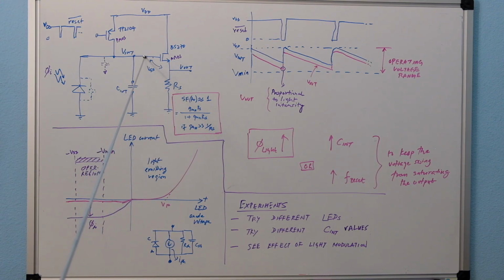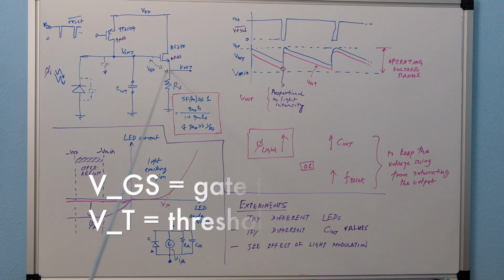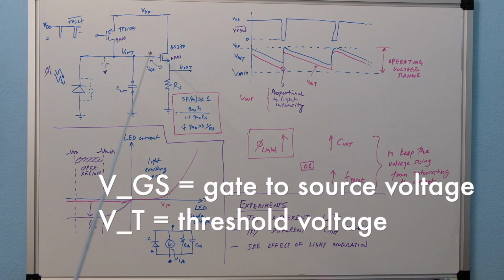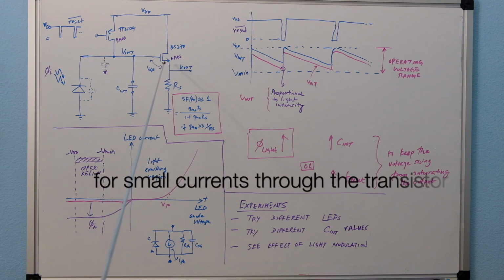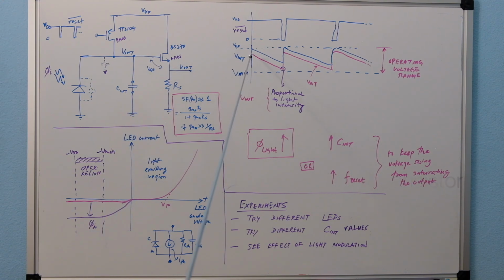The only thing that happens is that the VGS of this transistor is quite large. It's about 2 volts or 2.5 volts. So any voltage over here will be dropped down by that VGS. The VGS is approximately equal to the VT of this transistor. So in that case you'll see that the drop in this output voltage Vout is about 2 volts or so lower than the voltage on Vint. That you can see here, as it basically tracks the same wave, the same slope and everything, but shifted